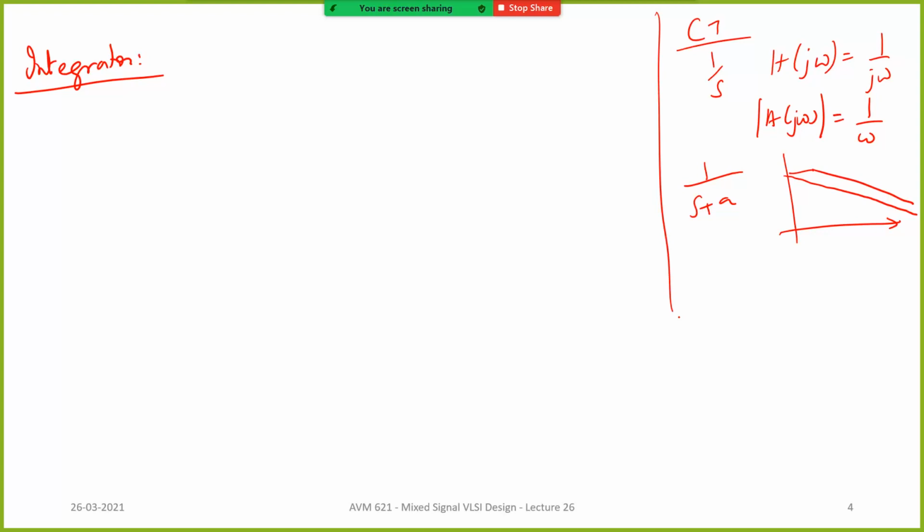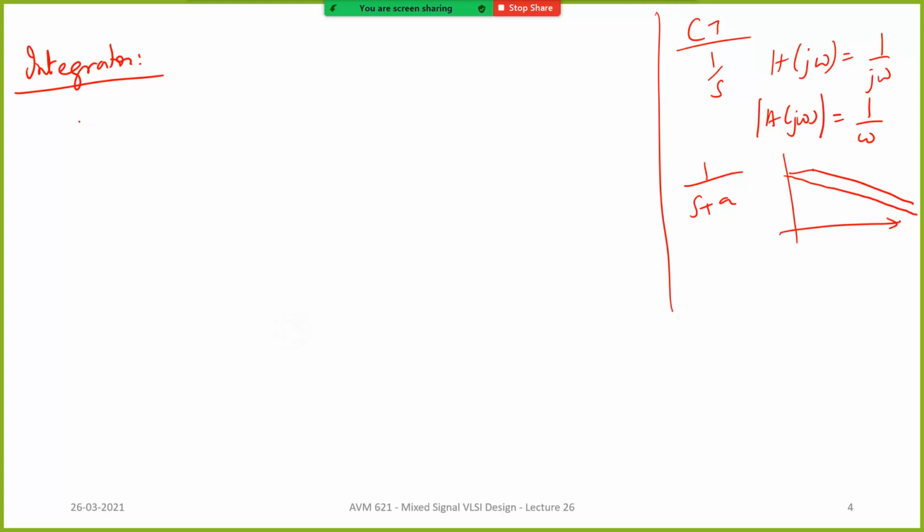Okay. It is also useful for us to understand this in a more intuitive way. So if something is integrating, it's kind of averaging, right? So that's the job of a low pass filter, right? When you feed something through a low pass filter, it will remove all the high frequency components and will give you a kind of low frequency average, right? Which is why an integrator is a low pass filter, and a differentiator turns out to be obviously a high pass filter.